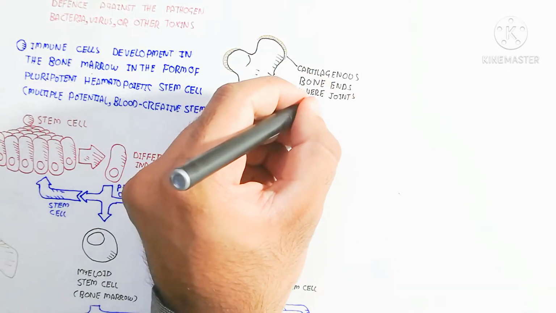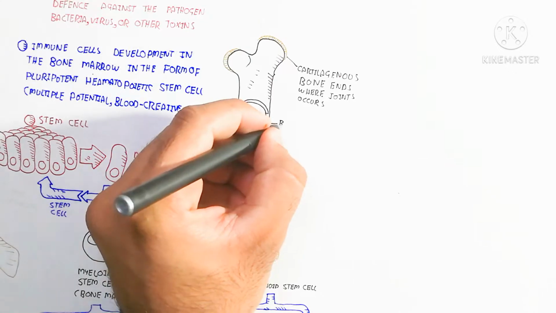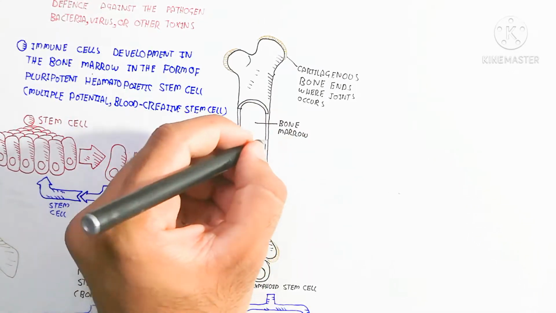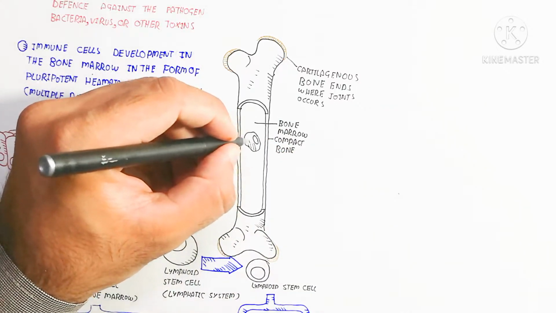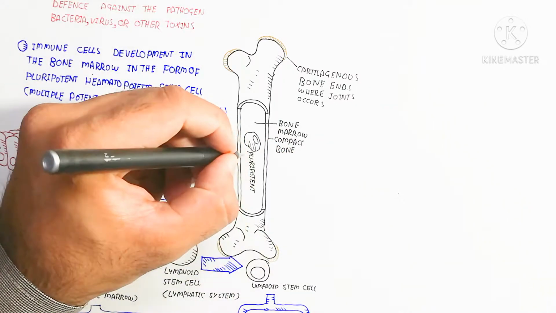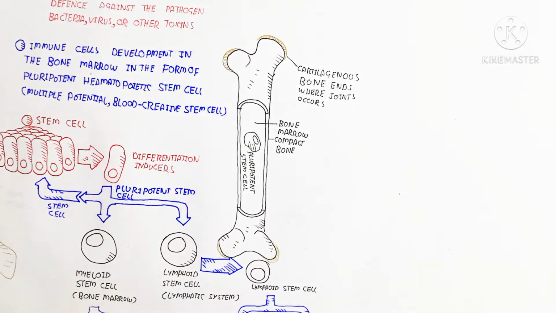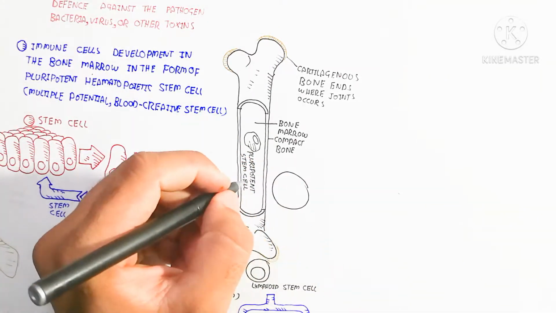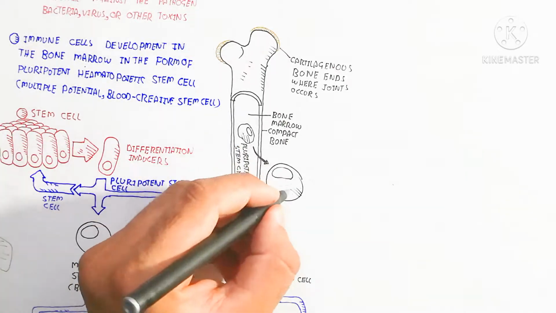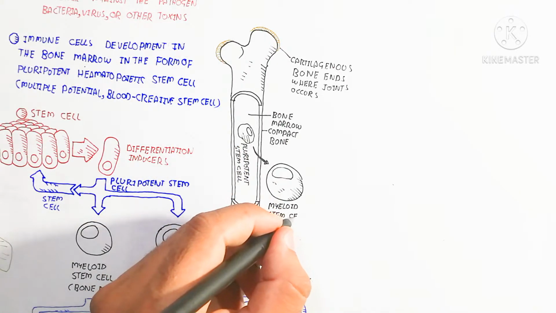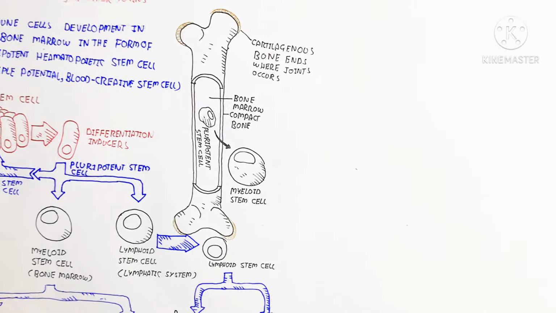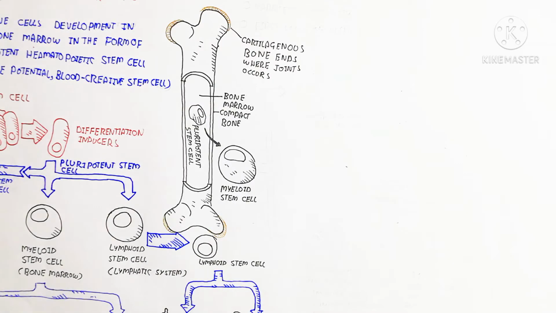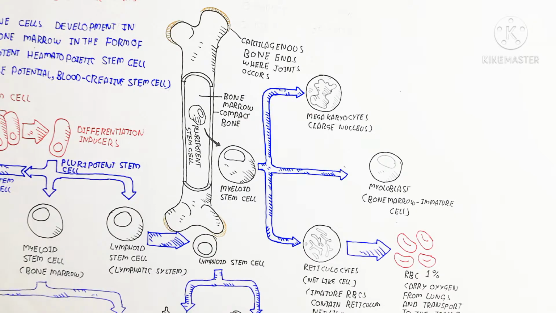Here is the compact bone, the cartilaginous bone where joints occur, while inside the bone marrow, which is made up of osteocytes, is the stem cell, the precursor of different types of blood cells, which also make up immune cells as well as other blood cells and plasma production. Here is the myeloid stem cell, which differentiates from the pluripotent stem cell, and this myeloid stem cell gives rise to the megakaryocyte, a large nucleus cell, while the